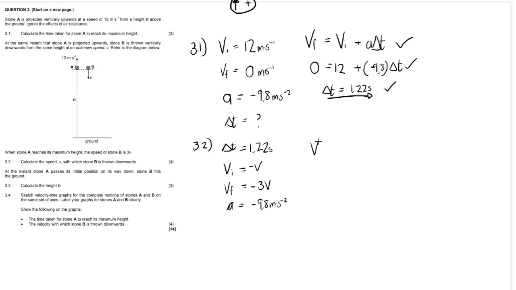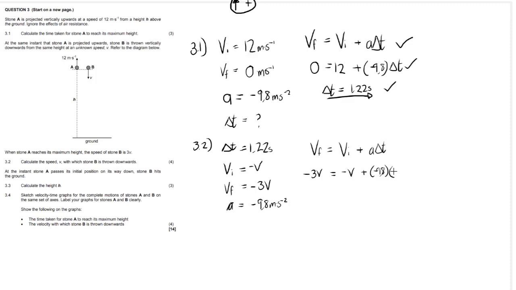Yes, we do. We have the same formula as above. Vf is equal to Vi plus acceleration multiplied by change in time. Our V final is minus 3v. Our V initial is negative v. Our acceleration negative 9.8. And our change in time,